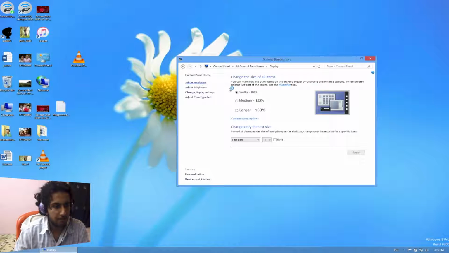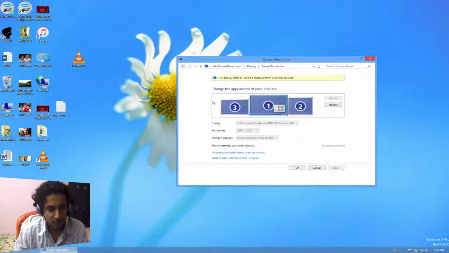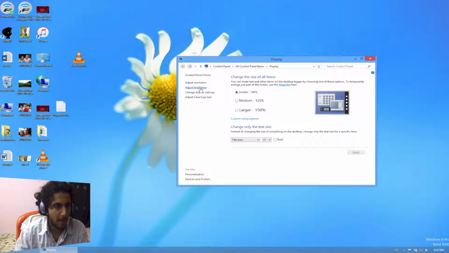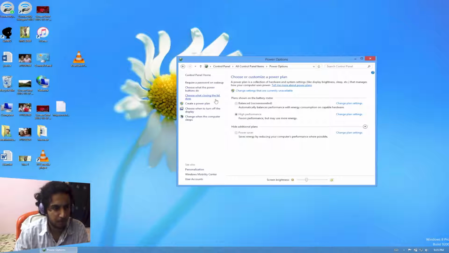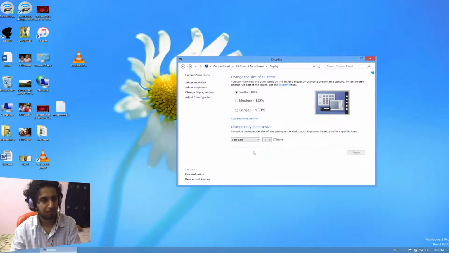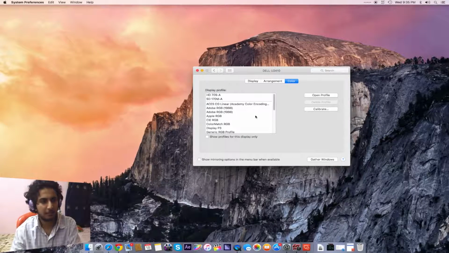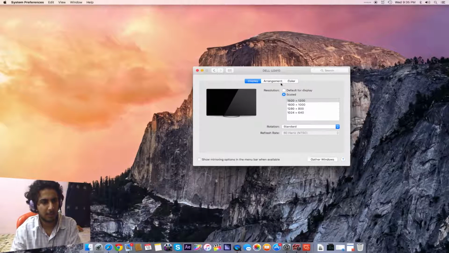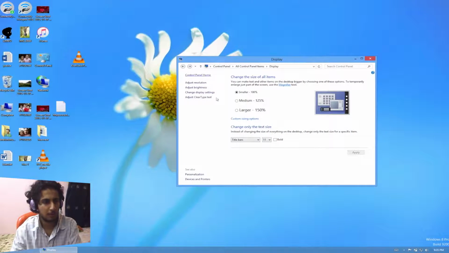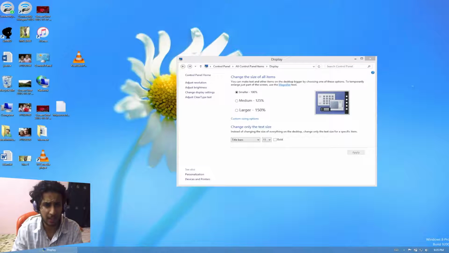And you go to adjust resolution, you go to the same display configuration, and you go to adjust brightness. That's not available usually in desktop. This is a laptop, that's why it's available, just brightness. Okay, we move back. This is the basic difference in both of the stuff, but you still can access